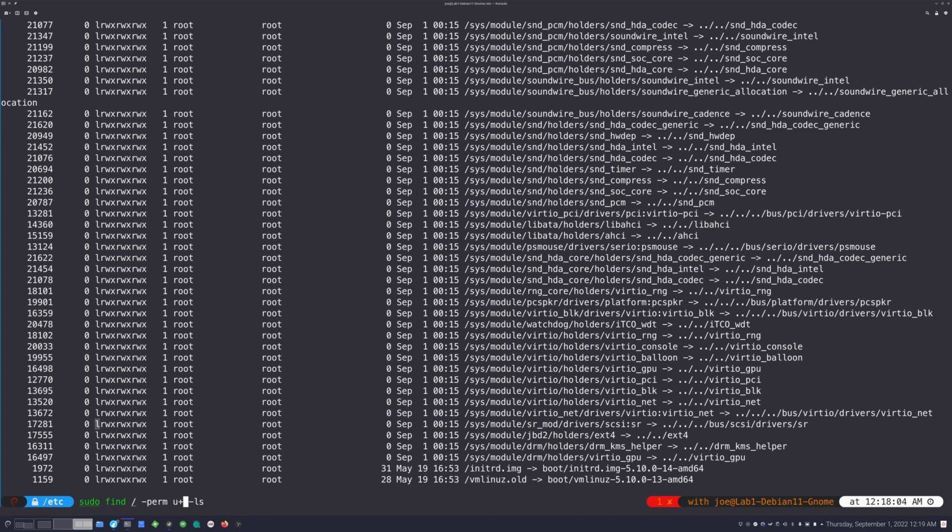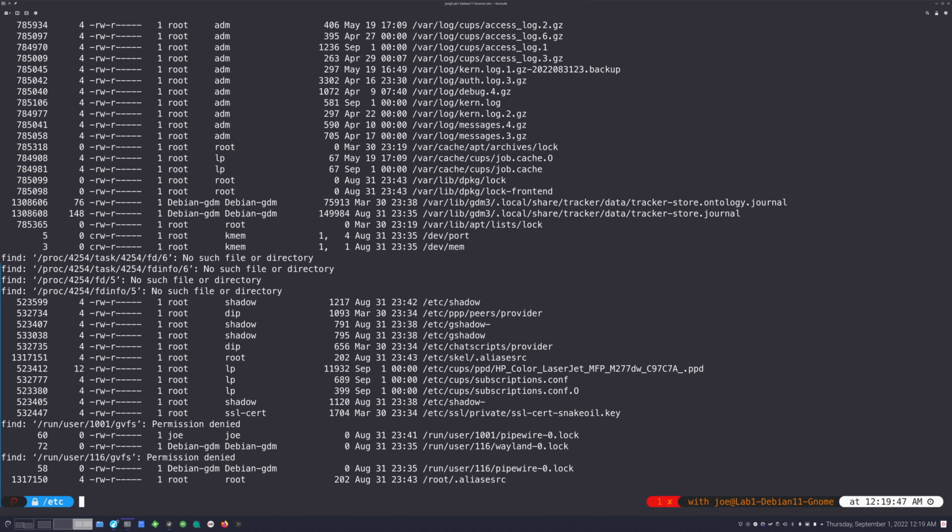But anyway, just to show you this as well, you can also do this. So this would be the symbolic representation. So if I wanted to find files that are user read, write, and then maybe group read, plus r, right? I could do that, and it'll find any file that has that permission level. You can see here it's got read, write, and then read. You can specifically tell it not a permission.